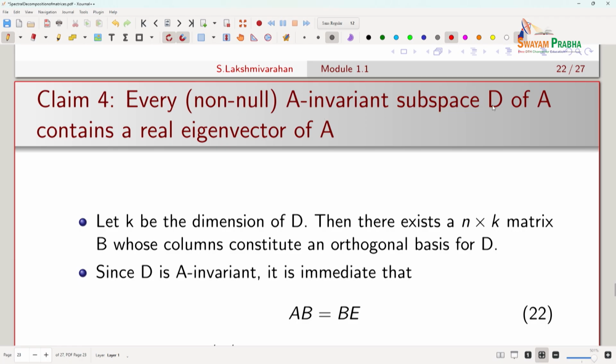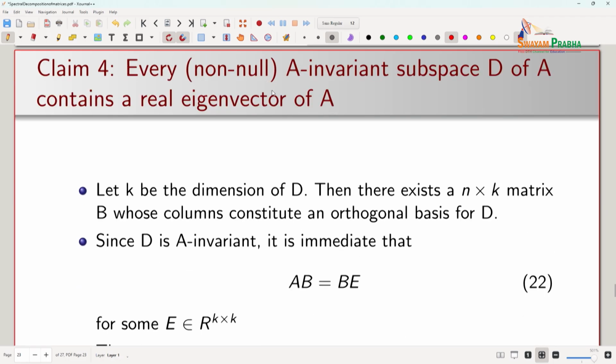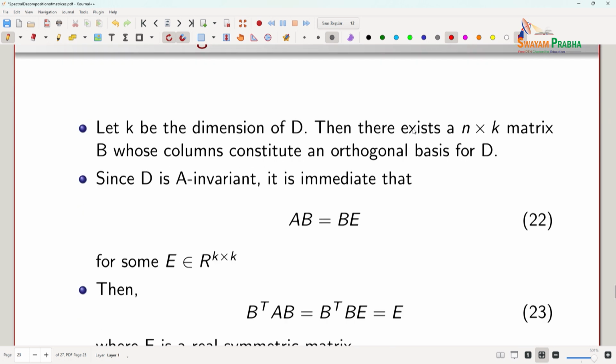Every non-null invariant subspace D of A contains the real eigenvectors of A. So, that is the next claim. Every non-null invariant subspace, non-null means the null space is essentially the 0 vector. So here non-null means it has non-zero vectors. Let K be the dimension of D, then there exists an n by k matrix B whose columns constitute an orthogonal